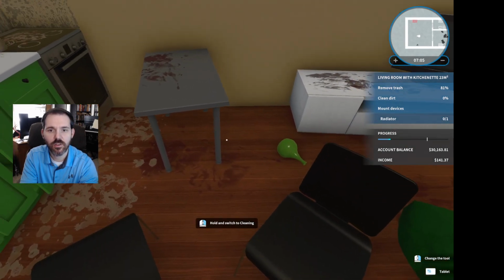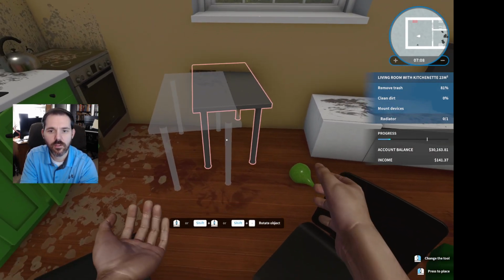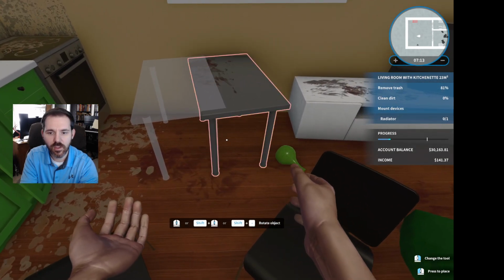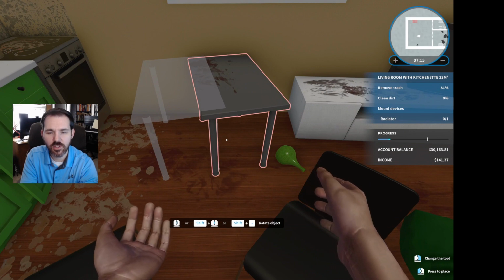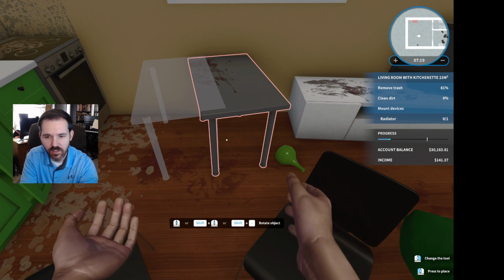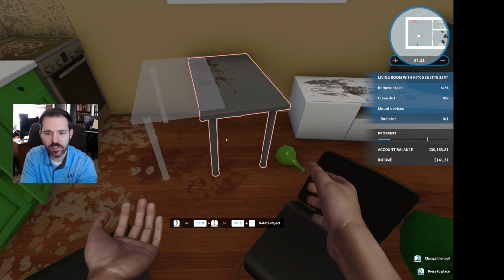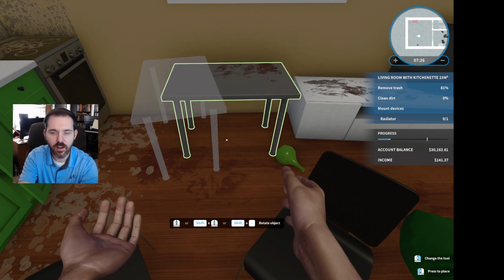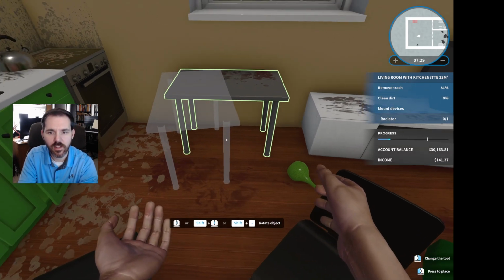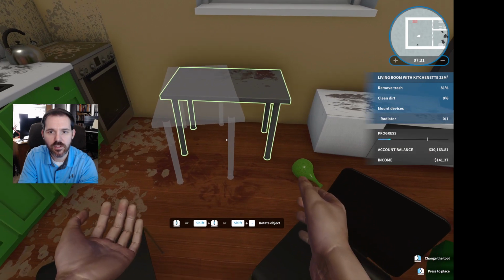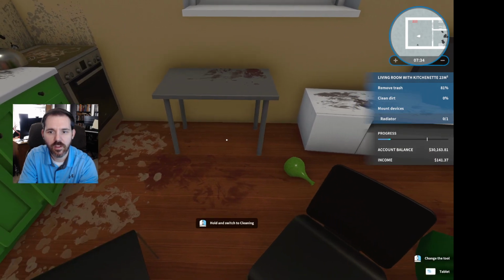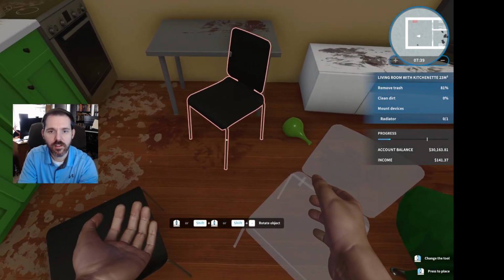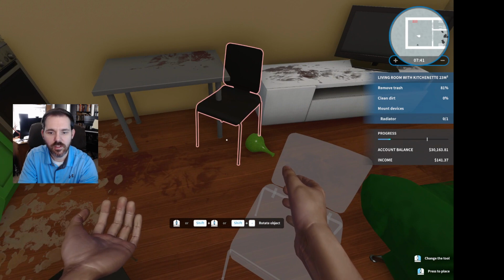Okay, and we want to move the table and set it. Let's see, can we change the table's position? Can we rotate it? Looks like we can. We have to push the shift button and the period. There we go. Okay, so I can rotate the table and we want to set it next to the wall. Okay, and then we're going to move the chairs and set them next to the table. Let's see, we're going to rotate.